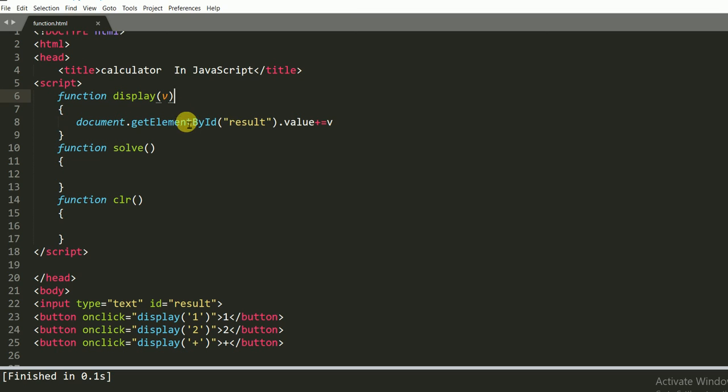I am using plus equal to here, because if you want to write 1 and after that write 2, like 12, we can write 1 and then 2. If I remove this sign, it will only access 0 to 9 values.